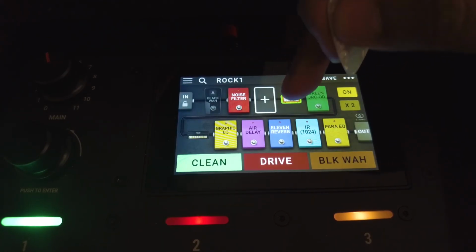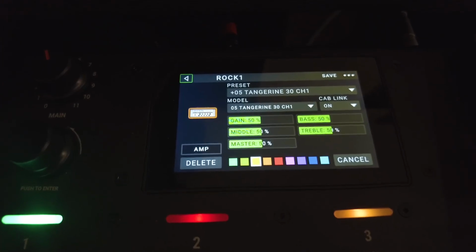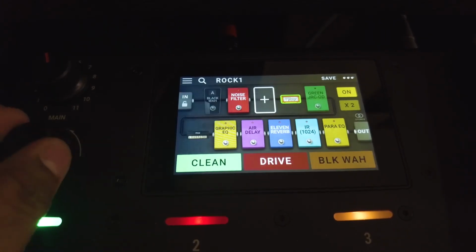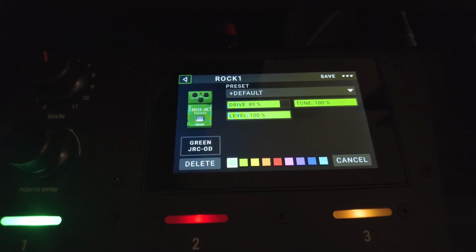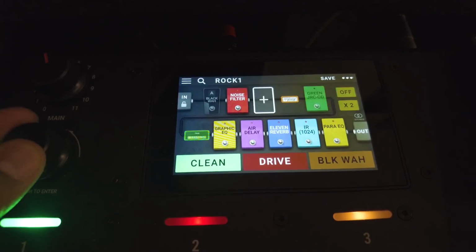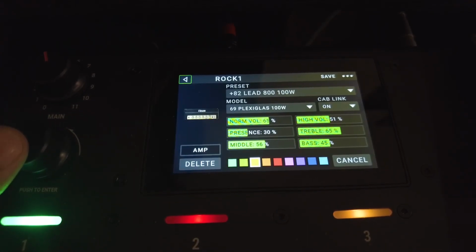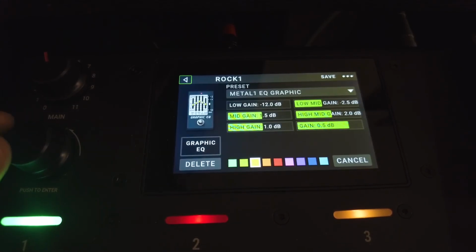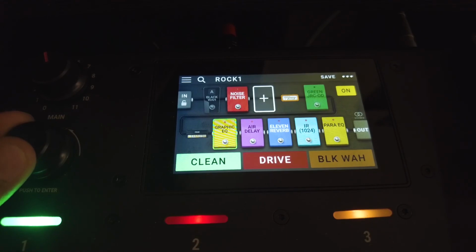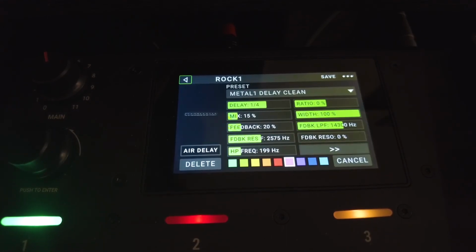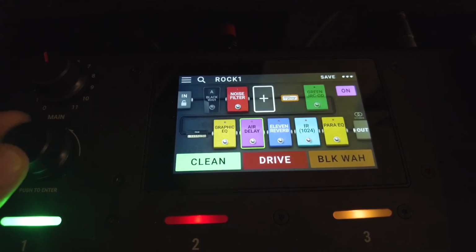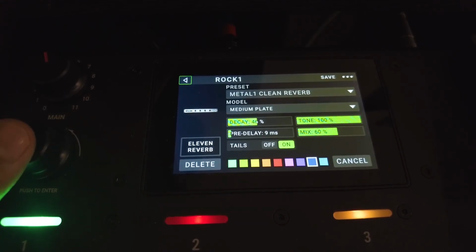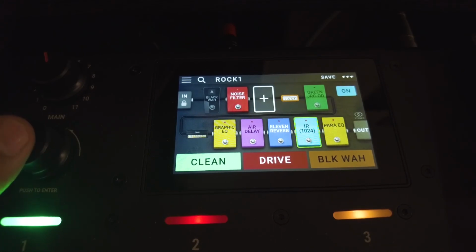and then this again, the clean amp, same as before. And the next here is the same overdrive. In this, it has a little different settings. And then you've got the distortion amp here, and then the graphic EQ. So as you saw, I'm using a preset from before. Then air delay, again I'm using a preset from before because I kind of like those presets and they work for me. And the IR,